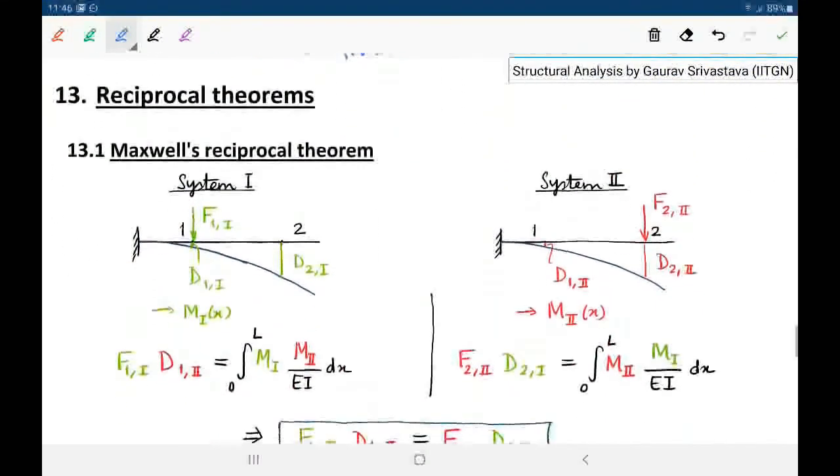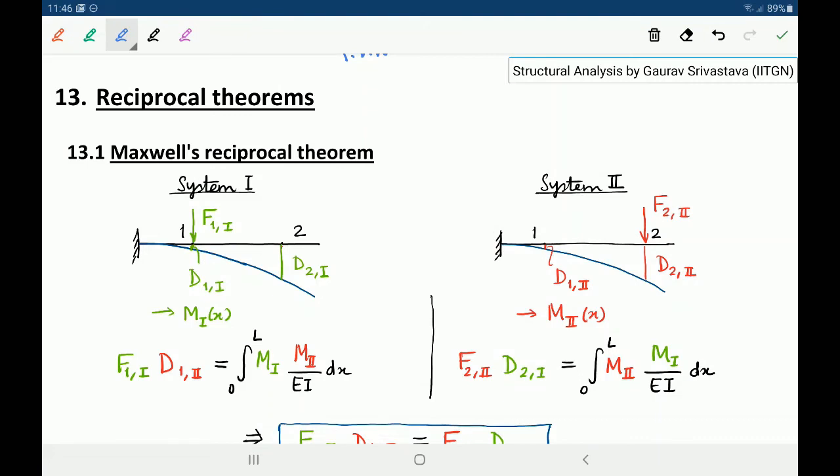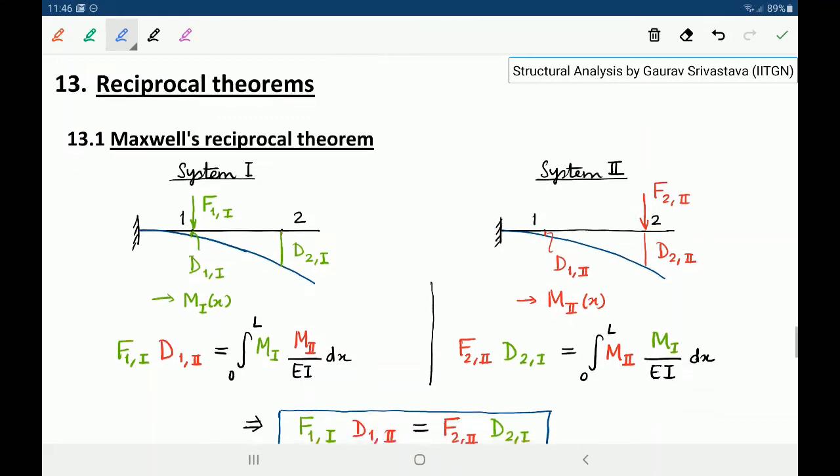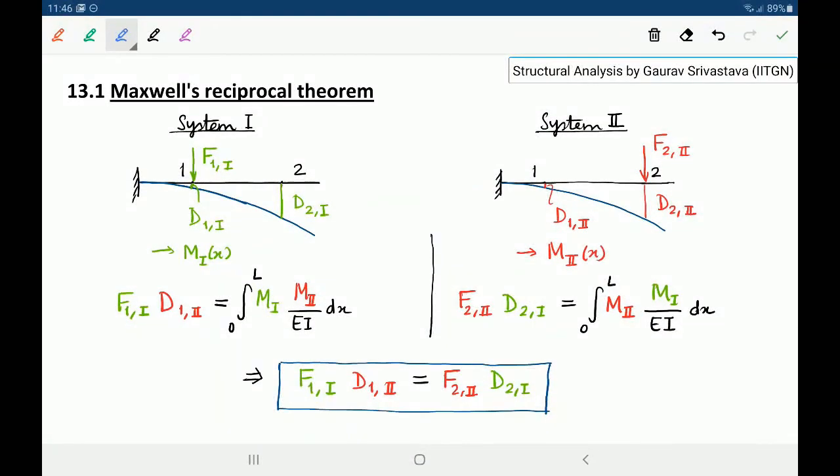as large problems. Now let's look at another interesting implication of these discussions, and these come in the form of the so-called reciprocal theorems. Okay, so the first one we will see is called Maxwell's reciprocal theorem. So for this, let's consider two systems, system 1 and system 2, and let's consider two coordinates on the system. So these points 1 and 2 are corresponding points, let's say, on the two systems.